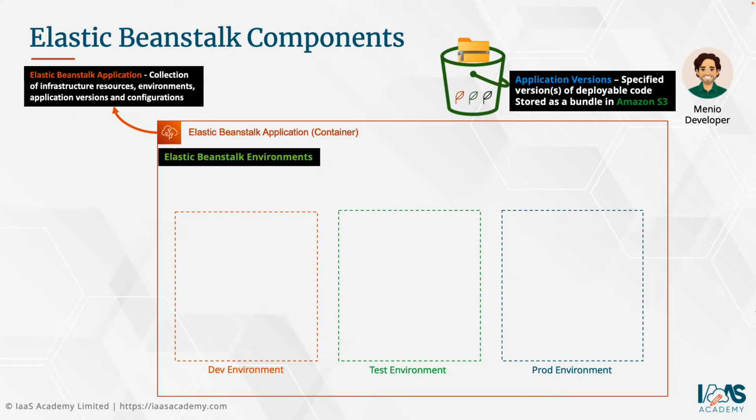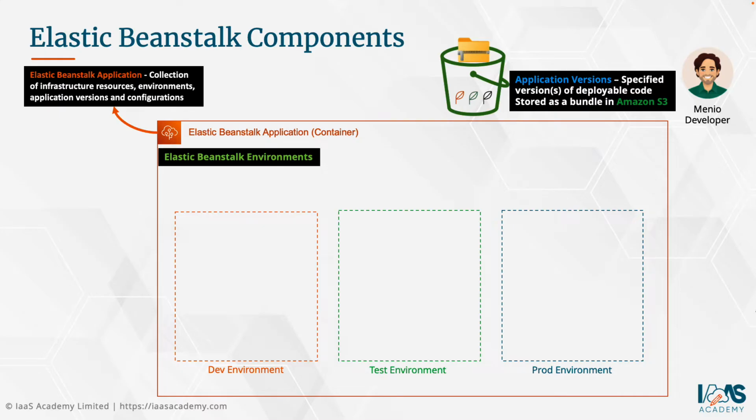Next, for the application, Menyo will need to create one or more environments. So when you're deploying applications on AWS, usually you're going to deploy it in multiple environments. There'll be a dev environment, a test environment, and a production environment. And usually you'll have different application versions deployed across those environments, where the production environment will usually have an older, more stable version of your application code, as opposed to your dev environment